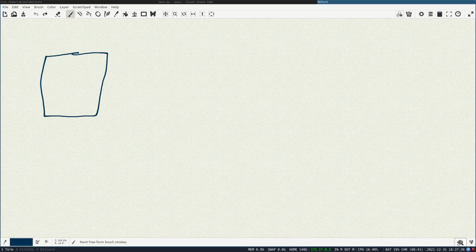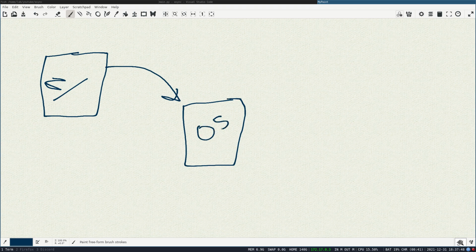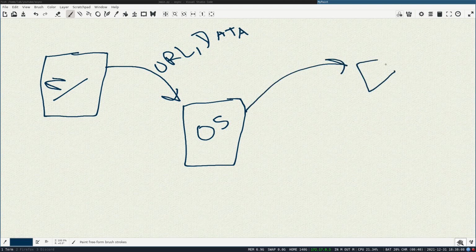Let's say this is our Python program and it wants to make a request to a website. It won't make the request directly, it will give that request to the operating system, whether that is Linux, Windows, macOS, whatever. It will give the request with the URL and the data to the OS, and it is the responsibility of the operating system to make the actual request. The operating system will go to the website and then the website will return data, and as data comes in, the OS will give the data back to our application.